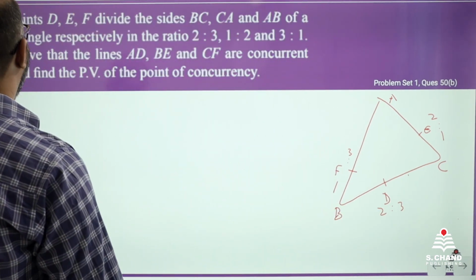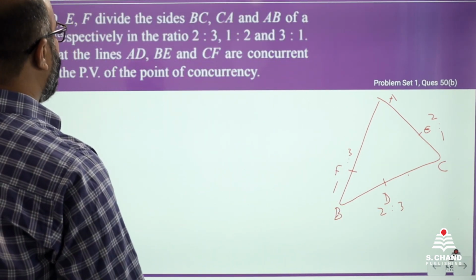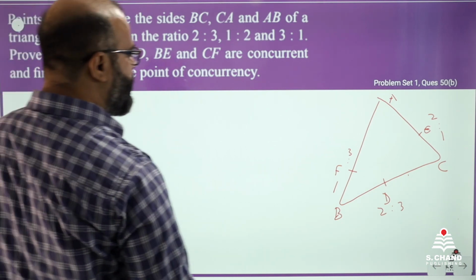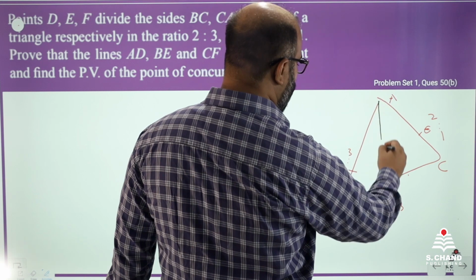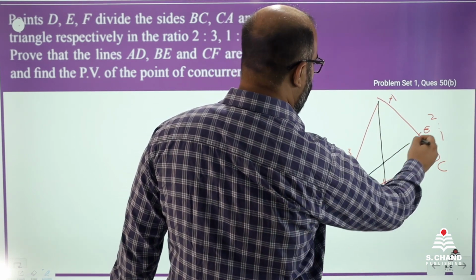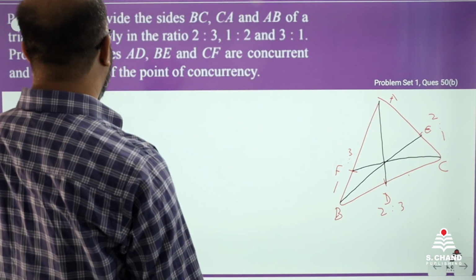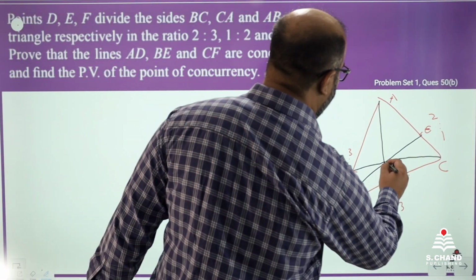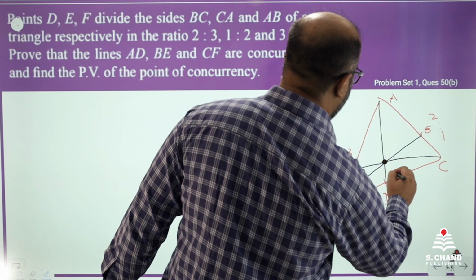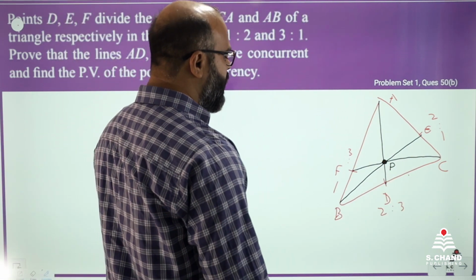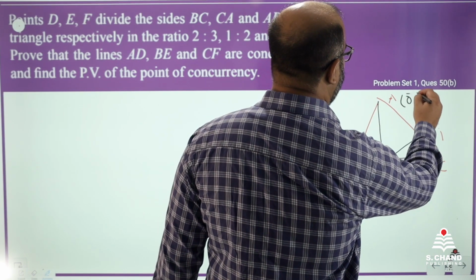Prove that the lines AD, BE and CF are concurrent, and find the position vector of the point of concurrency. This is AD, this is BE and this is CF, and this point is P. So what we have to do here again, let us take that A is the origin